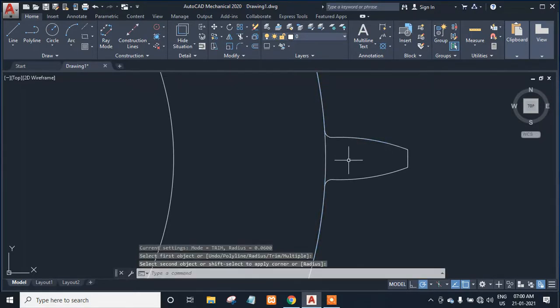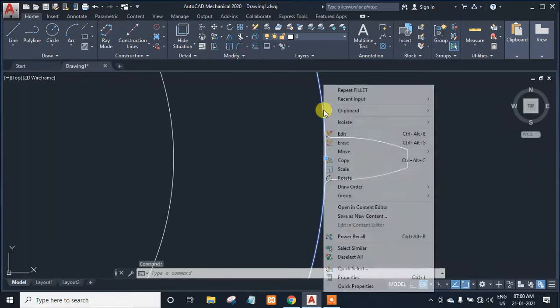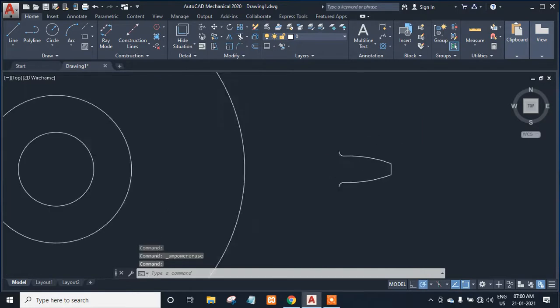Now we used the fillet command, and there is no need of this circle also, so I will erase this circle, just click on the circle and erase it, okay.